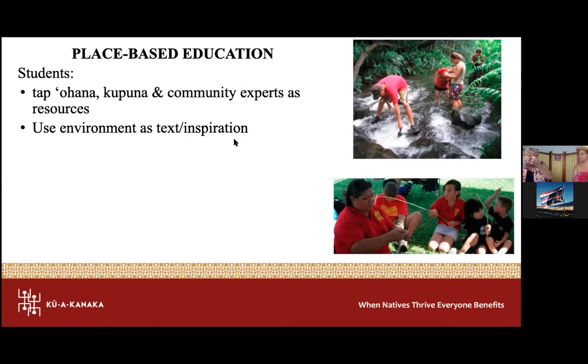When we first went down into Waipio, I don't even think we had composition books and pens. I'm not too sure. They had to do journals, but we really had no textbooks, right? We were just going for a whole month, immersing our students in Hawaiian language and culture in the valley, living off the land, and the environment became our text.